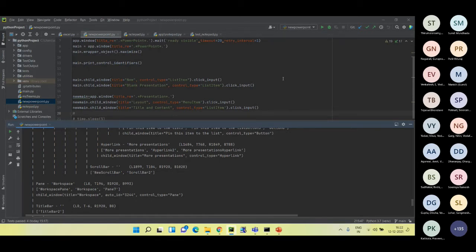I need to know the title of it. Let's say I'm not opening the application from scratch, but I want to access it on the run itself. But I need to know what title name it already needs to have, because it's a script, right? So it needs to know.